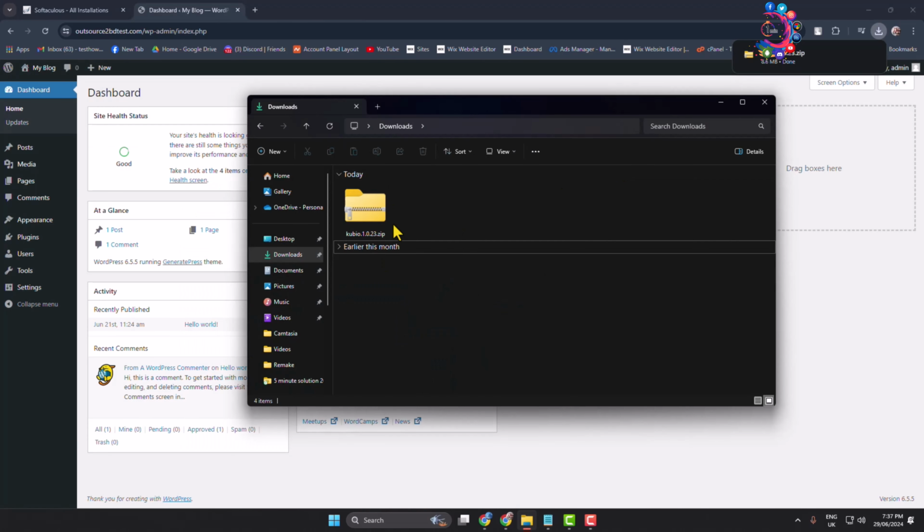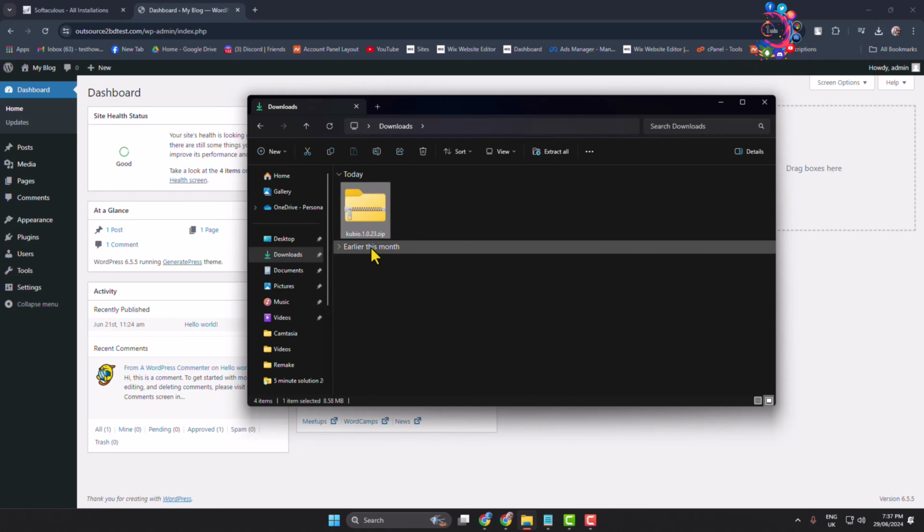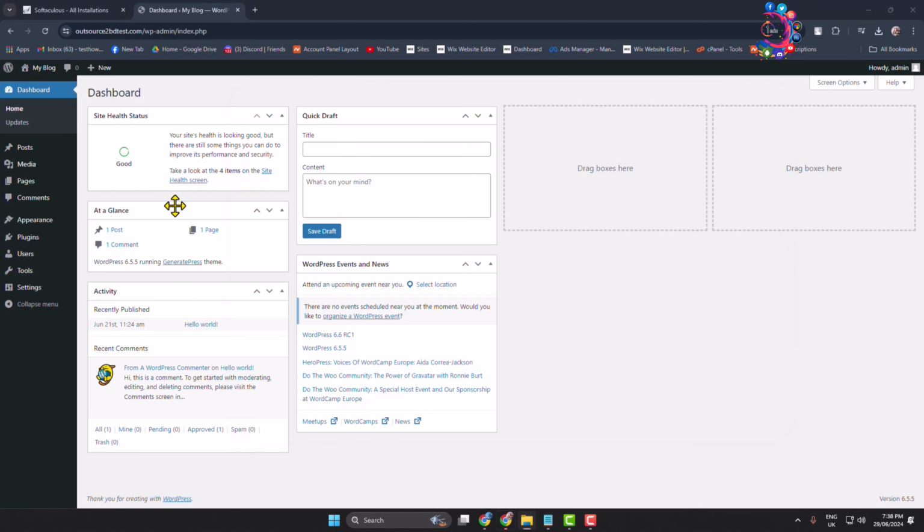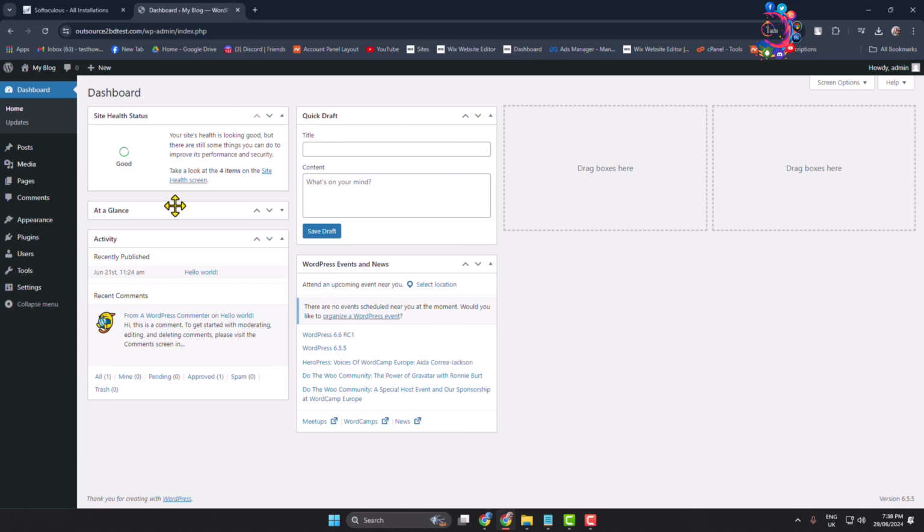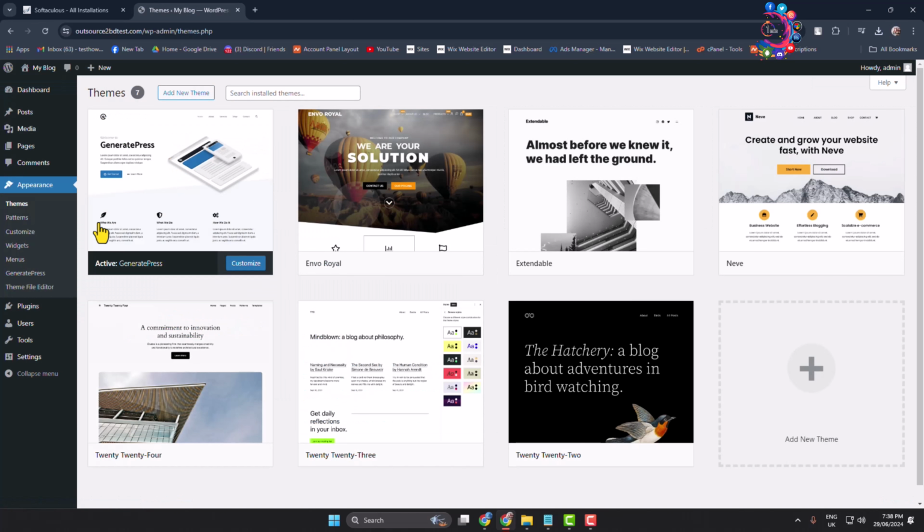Okay, now as you can see, I have my WordPress theme in a zip file, and now it's time to install and activate this theme using the zip file. To do that, first of all, log into your WordPress website admin dashboard, and here hover over Appearance and just click on Themes. And once you are in the themes section, click on Add New Theme